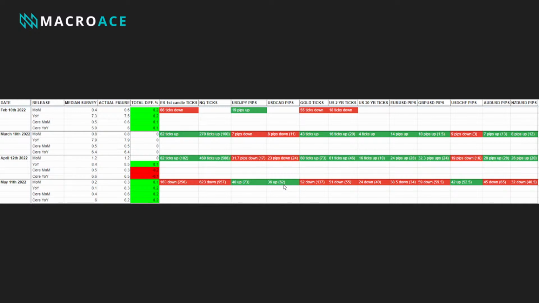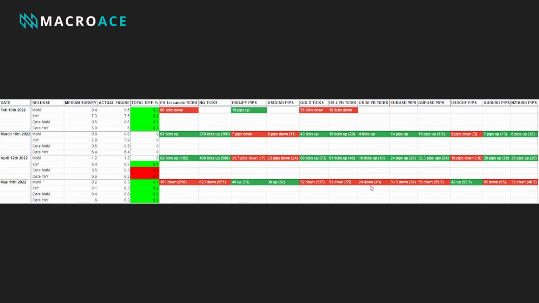And then the biggest mover of the pairs. Surprisingly, we'd seen that the Australian dollar to the US dollar had seen the biggest initial move, candle-wise. Excuse me, no, that's GBP USD. I stand corrected. So 59 pips towards the downside on cable, and then after about 10 minutes, it was about 59.5 pips down. And then GBP USD was the biggest mover before.